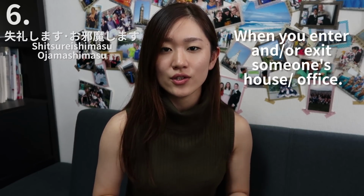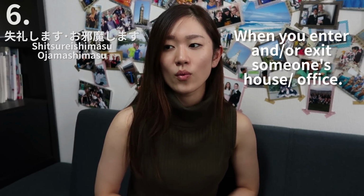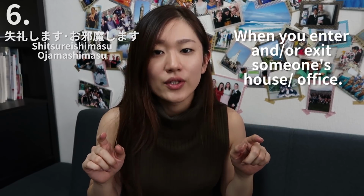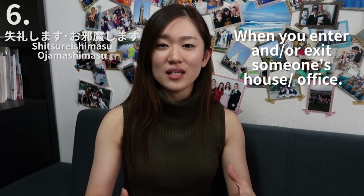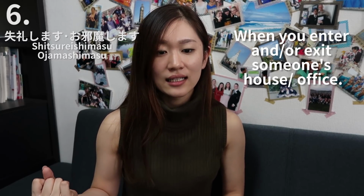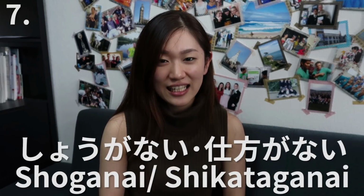and お邪魔します are used when you enter somebody's home or somebody's office. So when you're going through a doorway, you kind of bow a little bit and then say 失礼します or お邪魔します. And then when you're done with the meeting or whatever it is, you say 失礼しました、お邪魔しました. Number 7, しょうがない、仕方がない. しょうがない is more of a casual way of saying it, and 仕方がない is kind of like